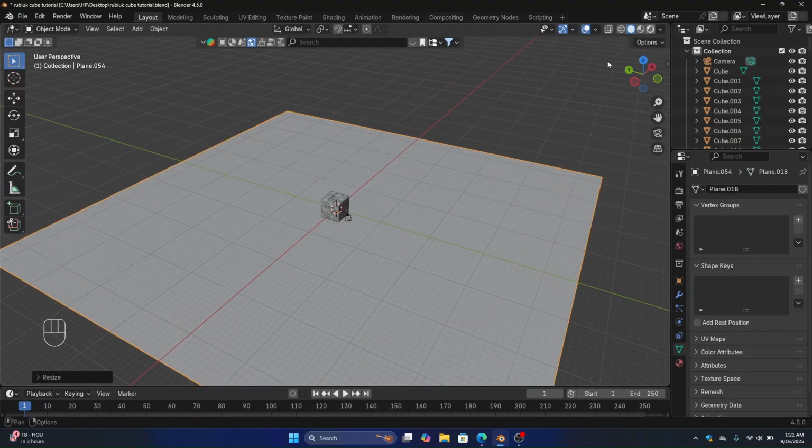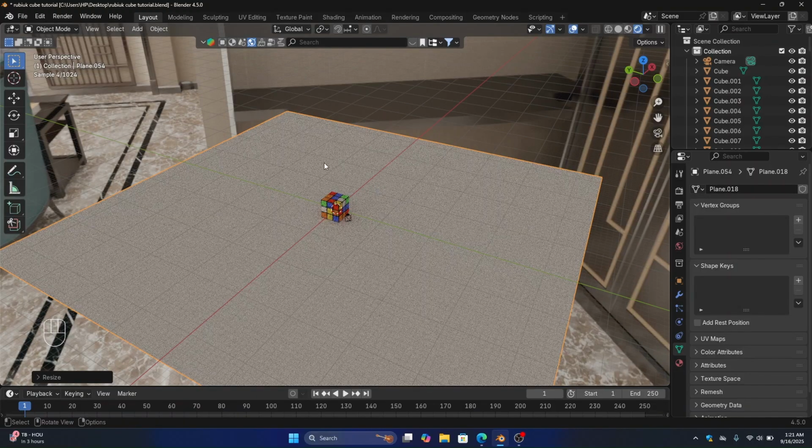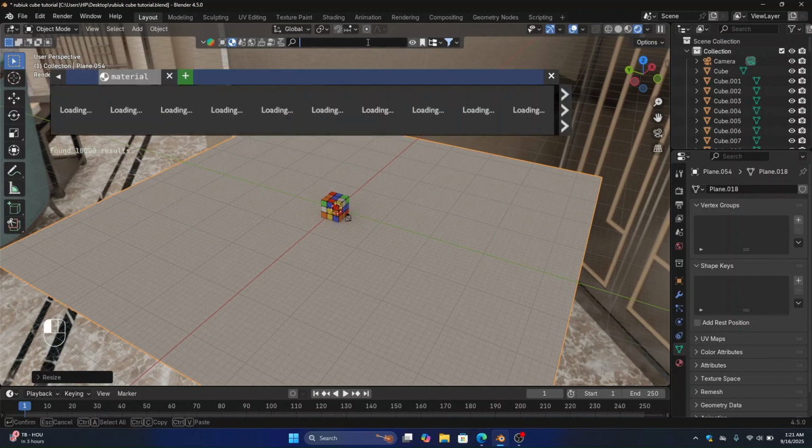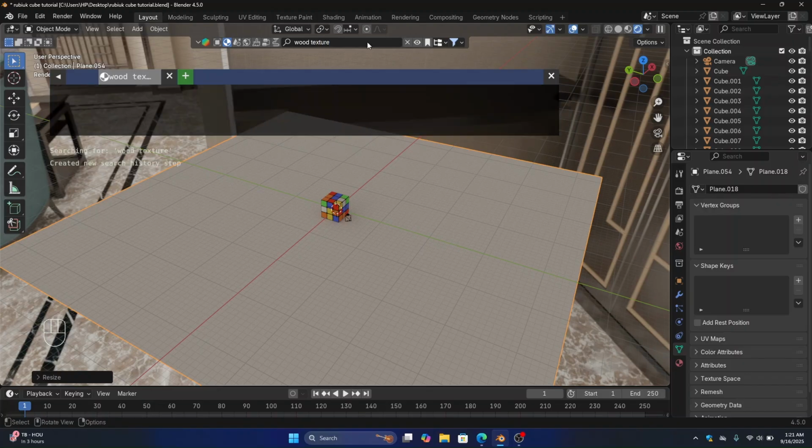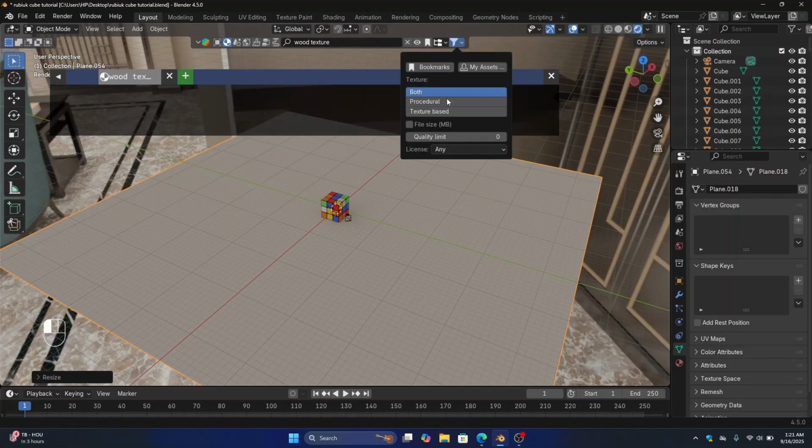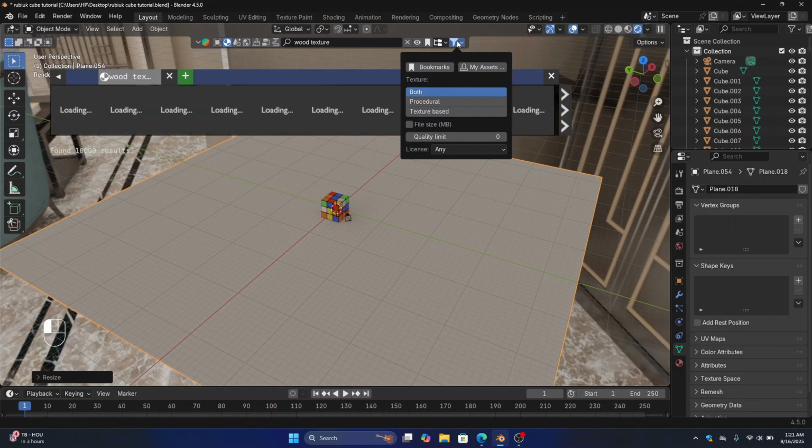can give a material to our plane. Go into the material tab, and I want to give it a wood texture like this. So don't be nervous, I will tell you step by step, just be with me. And then we just have to go into this,